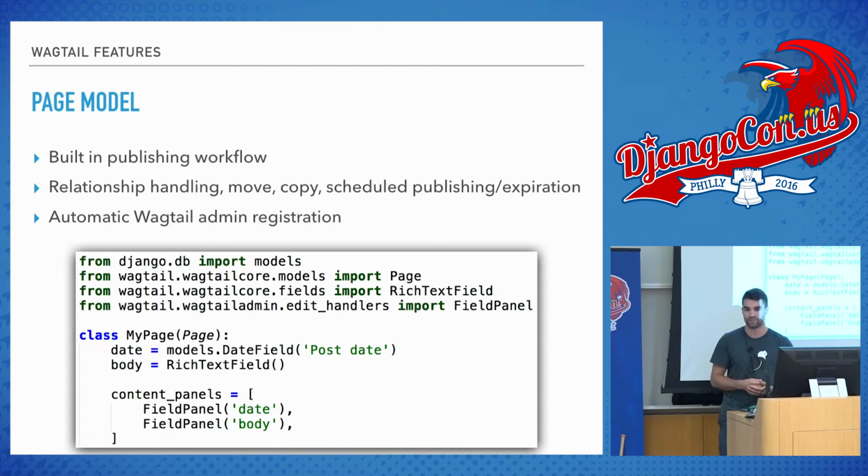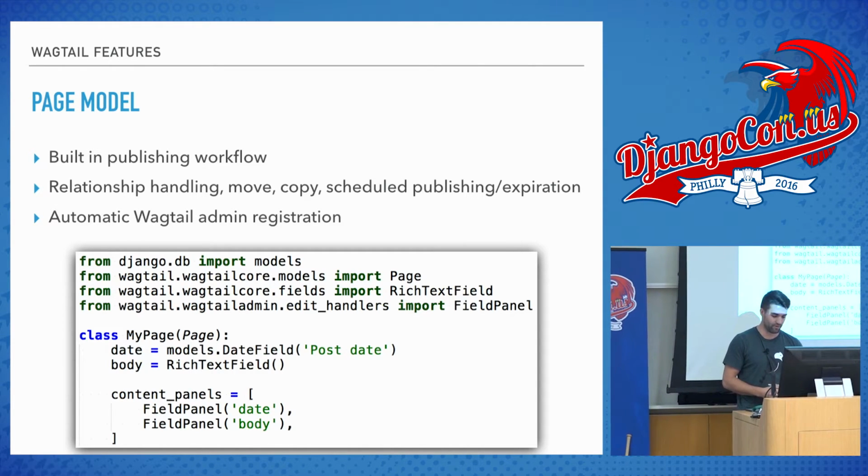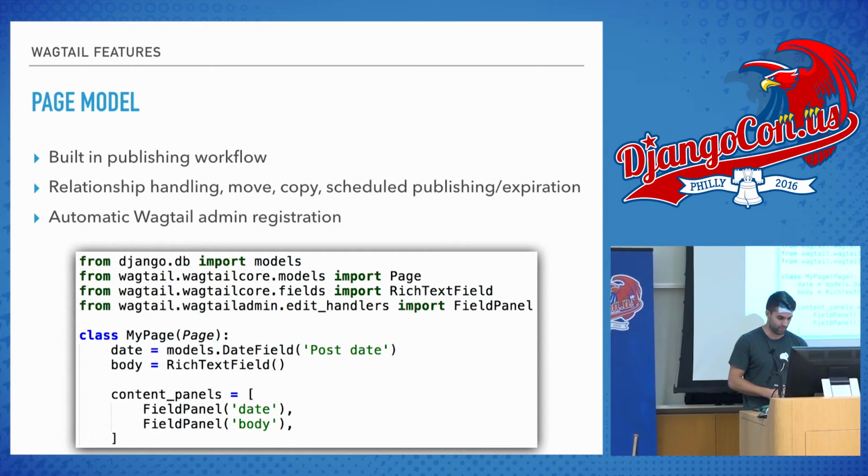It handles all the relationships between different pages, so it is like a child page of a parent page, or you can get the children of this page, you can get the ancestors or the descendants. It's a really useful feature, and that's actually something they achieved through a different package called Treebeard. I don't really know what the relation is with that, but you can look into that on your own.